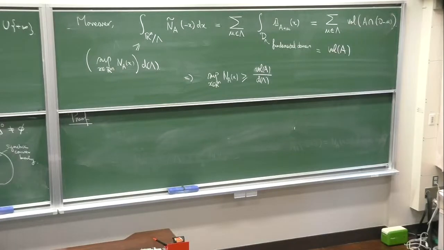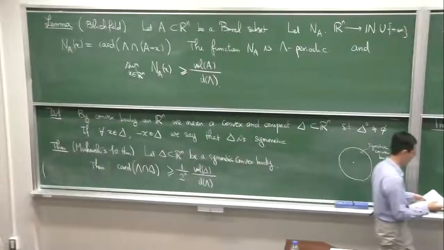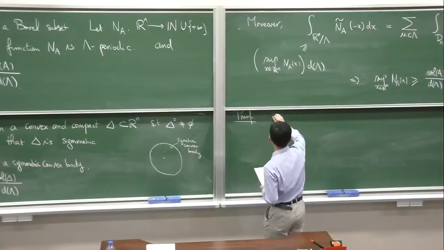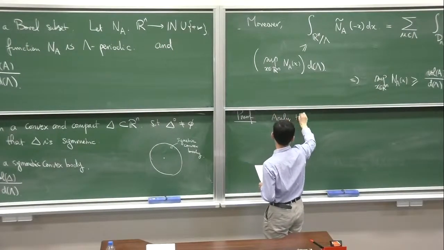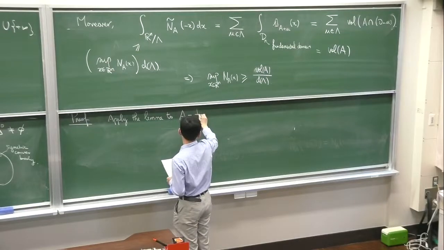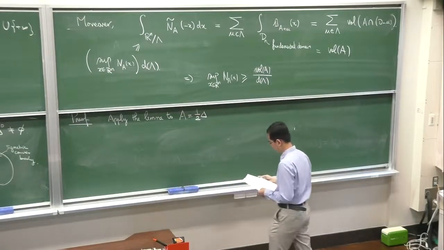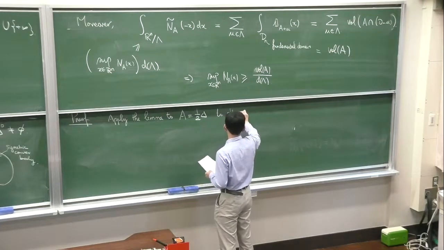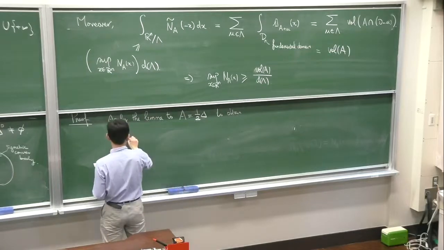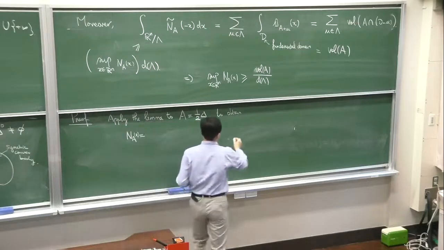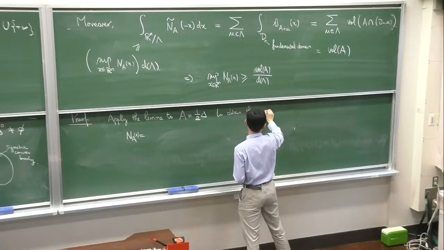So where does this coefficient 1 over 2 power n come from? That is because we need to pick a smaller Borel set. So apply the lemma to A, which is 1/2 of this symmetric convex body. And then we obtain the existence